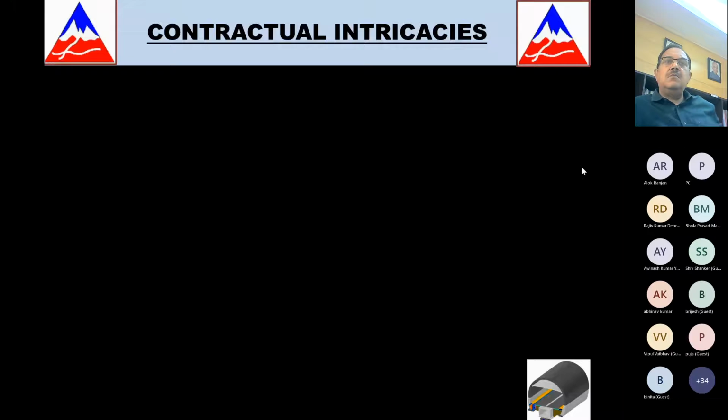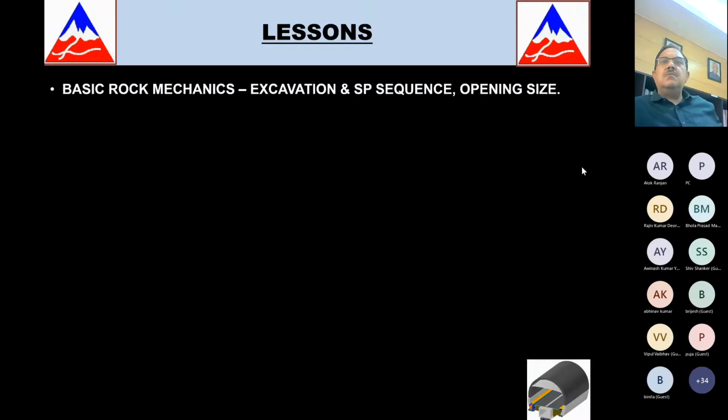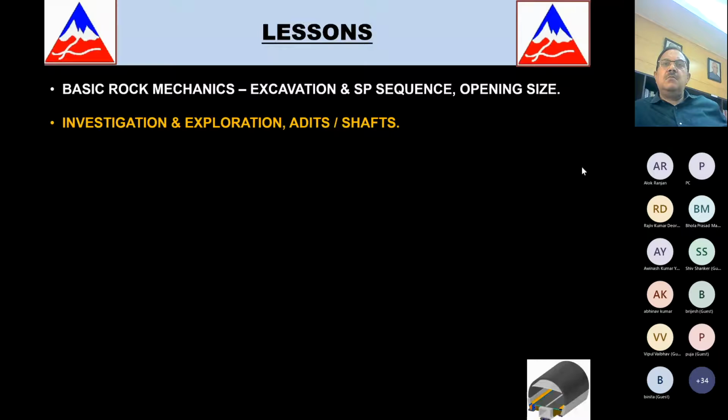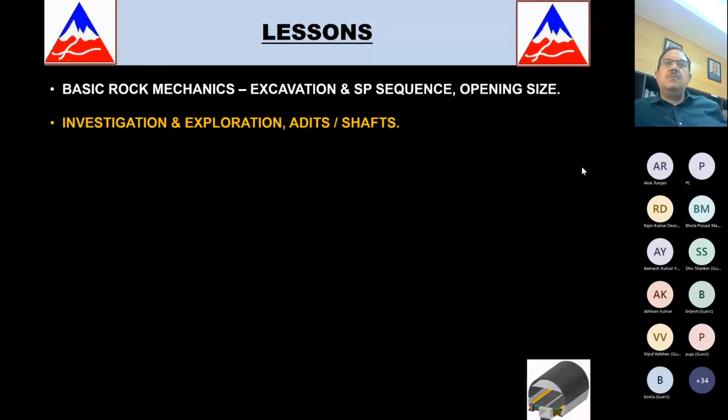Basically the same basic rock mechanics, excavation, support sequence, and opening size is important. Had we done those pipe roofs from the very beginning, probably out of the 4 years, we could have saved 1 year. But because people kept grading the response, it took us a lot of time. So, correct approach. Then investigation is very important. And one thing is important, that where there are long tunnels, there should be an adit or a shaft, so that it can give you multiple attack points. In case you get stuck at any zone, you can at least start working from the other side.